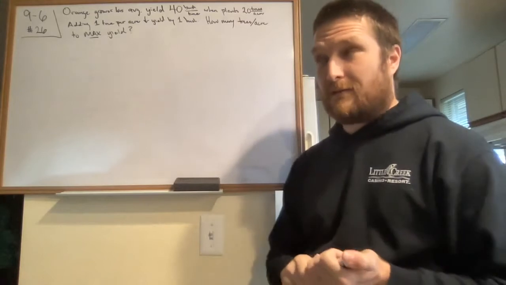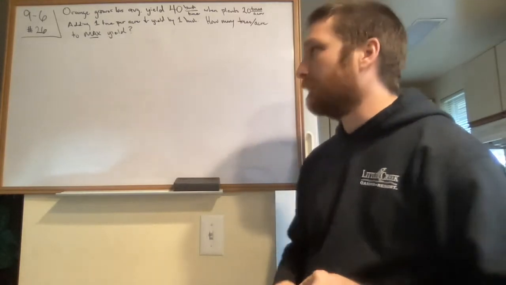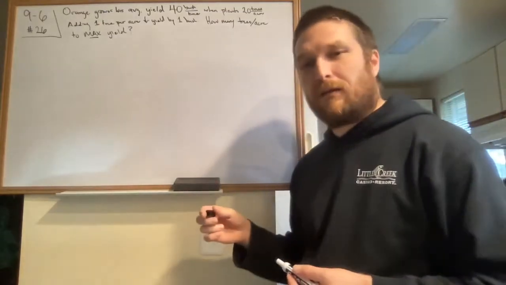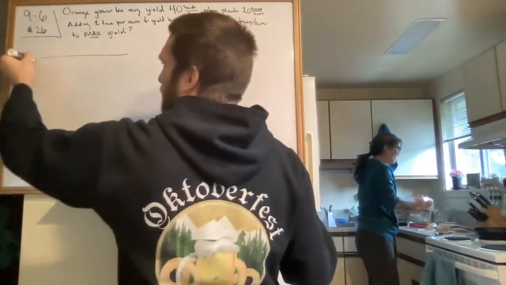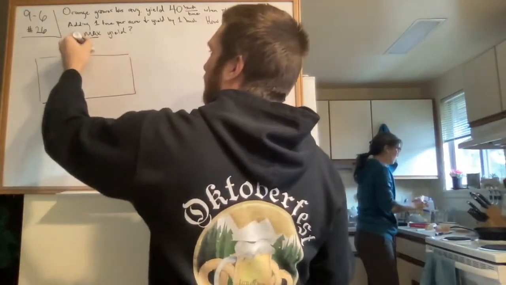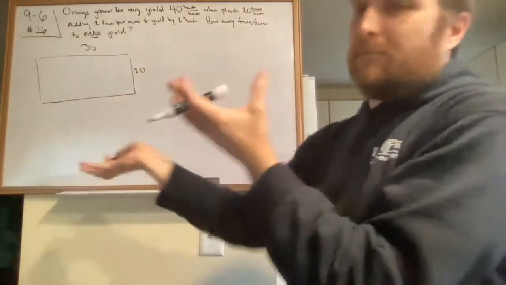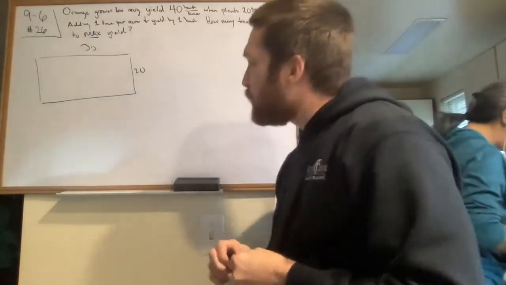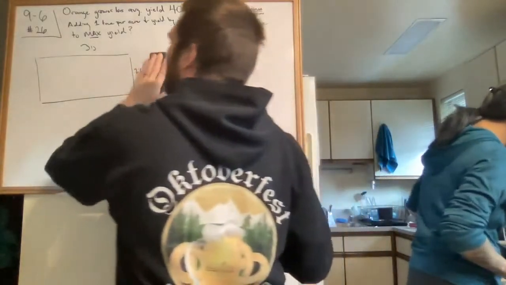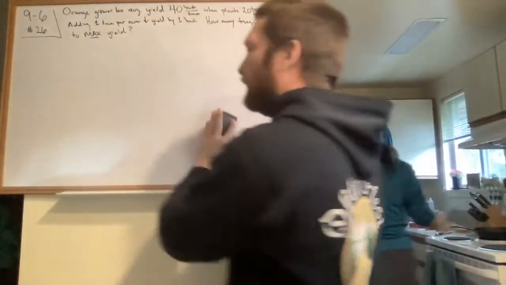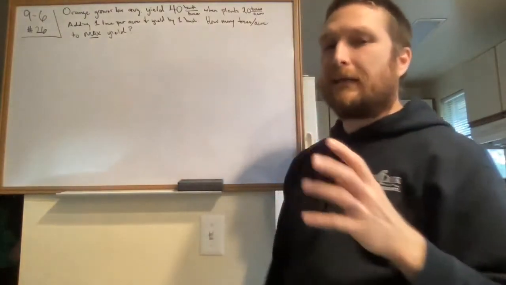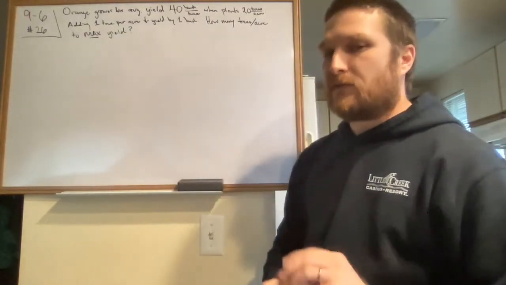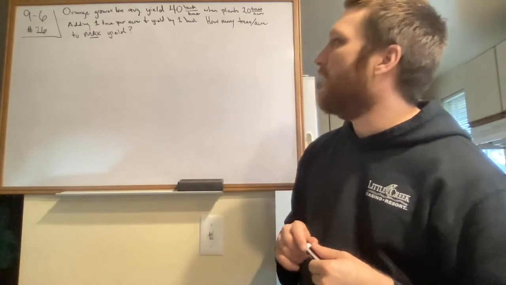Now, a picture to draw is going to be interesting because we're talking about rates here. It doesn't say that we have a 20 by 30 plot of land or something like that. So what do we do in this case? What I'm going to do for right now is forego the initial picture. We will be drawing a picture, but it's not going to be representative of a farm or something like that. So let's skip step 1 and go right to how many trees per acre